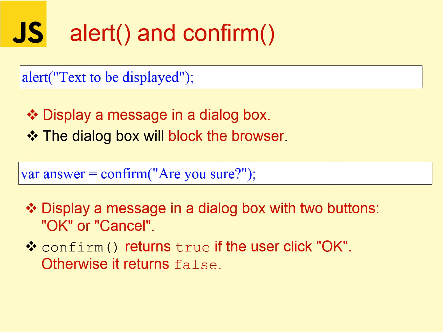Confirm returns true if the user clicks OK, otherwise it returns false. So what will be the data in the answer variable? It is either true or false. If the user clicks the OK button, this answer variable has the true value. If the user clicks the cancel button, this particular answer variable has the false value.